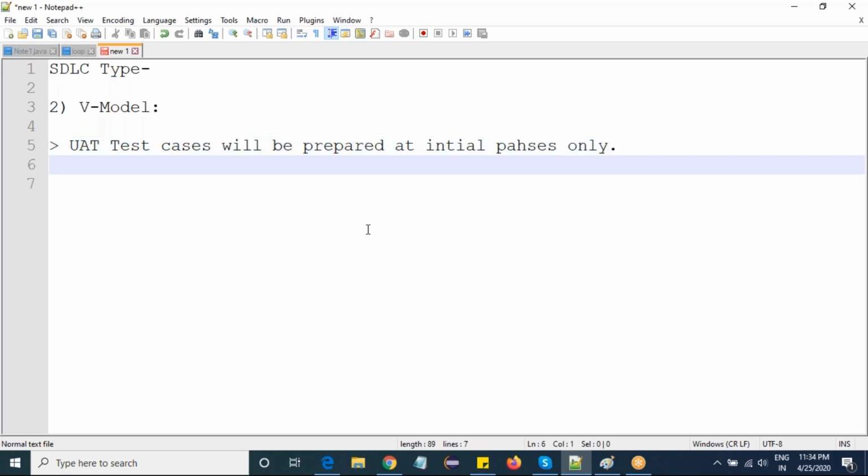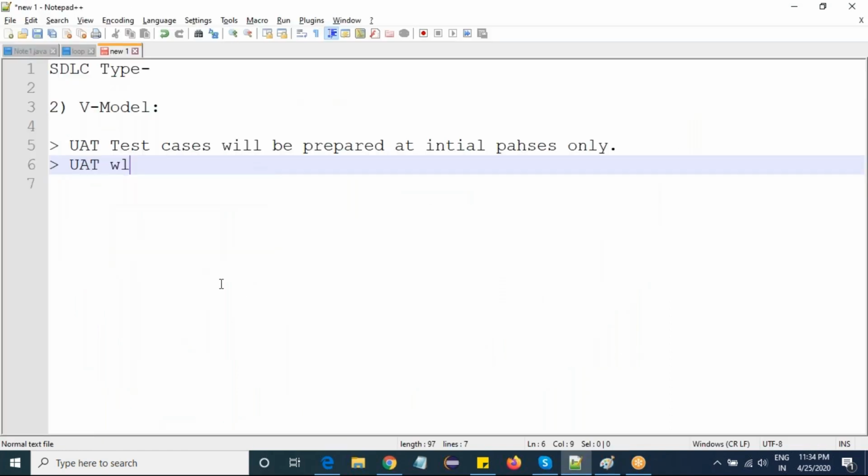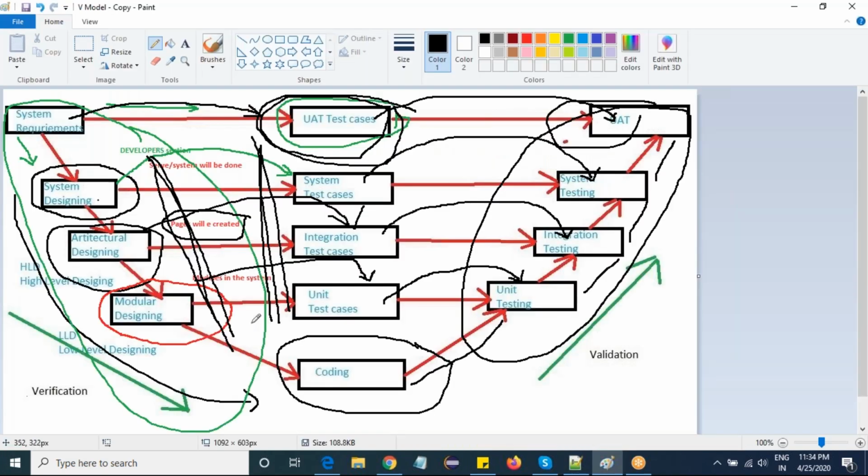Whereas UAT, as you see in the diagram, will be done at the last phase, which means whenever I complete my unit testing, integration testing and system testing, then I will do the UAT. So UAT will be done at the last phase.